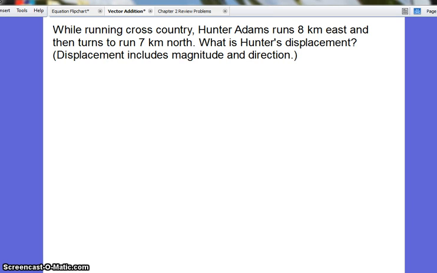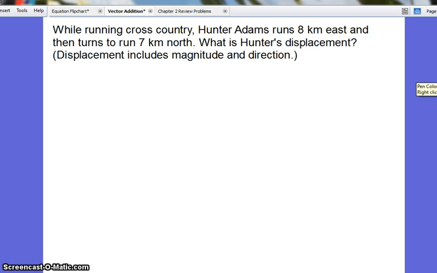This tutorial is on how to add two vectors that are at right angles to one another. While running cross country, Hunter Adams runs 8 kilometers east and then turns to run 7 kilometers north. What is Hunter's displacement? Now, displacement being a vector includes both magnitude, which is the size, and the direction, which is the angle. So we want to write our two vectors, and when we draw our two vectors, we draw